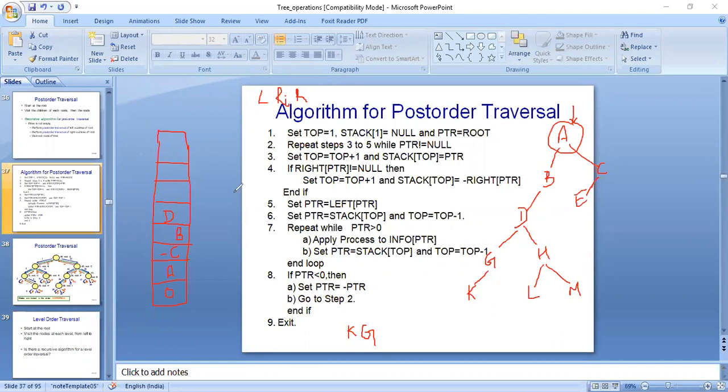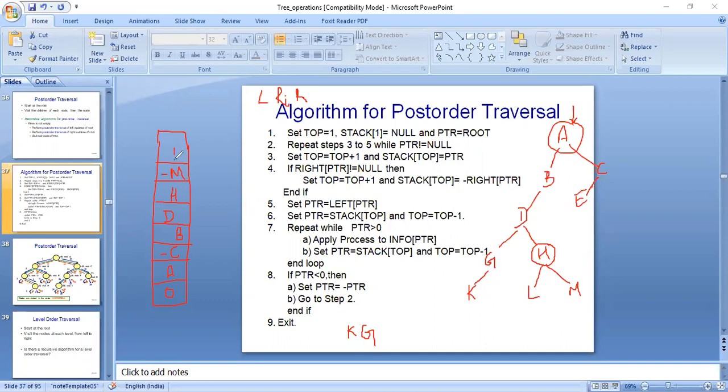Then we are left with A, negative C, B and D in our stack. Now our pointer is here because we have backtracked H. So we will reset the pointer to H and we will start filling our stack. So we will place the node which is H, then its right child. Right child is M with negation sign.